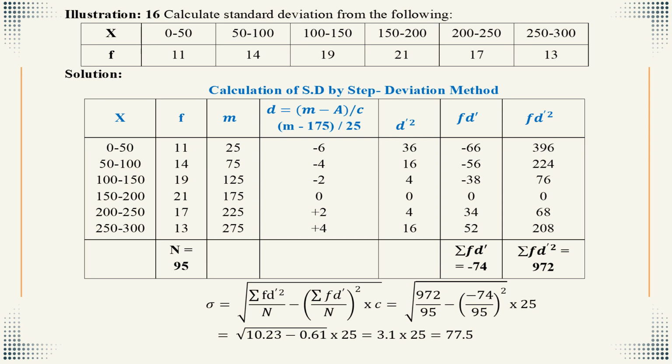Thereby 11 into minus 6, 14 into minus 4, 19 into minus 2, 21 into 0, 17 into 2, 13 into 4. Like that, we have to apply the d square with the f value, which is in the sixth column. Sorry, d square is in the fifth column: 11 into 36, 396; 14 into 16, 224; 19 into 4, 76;